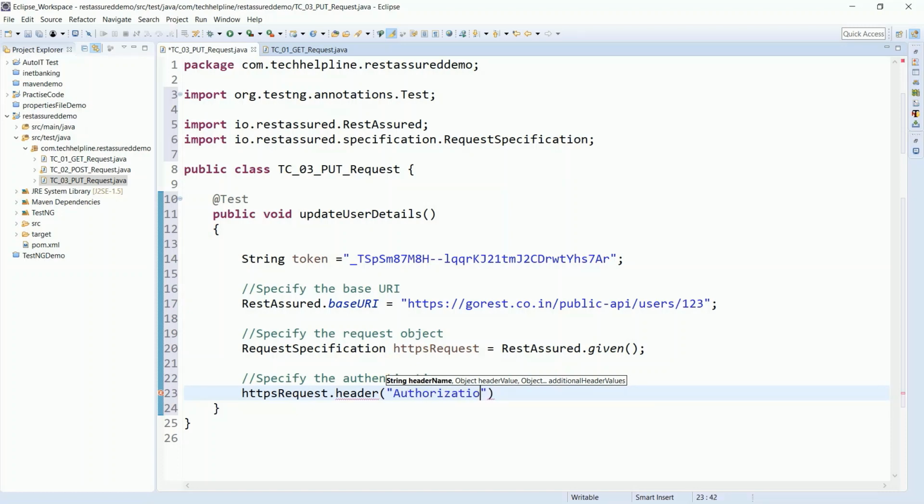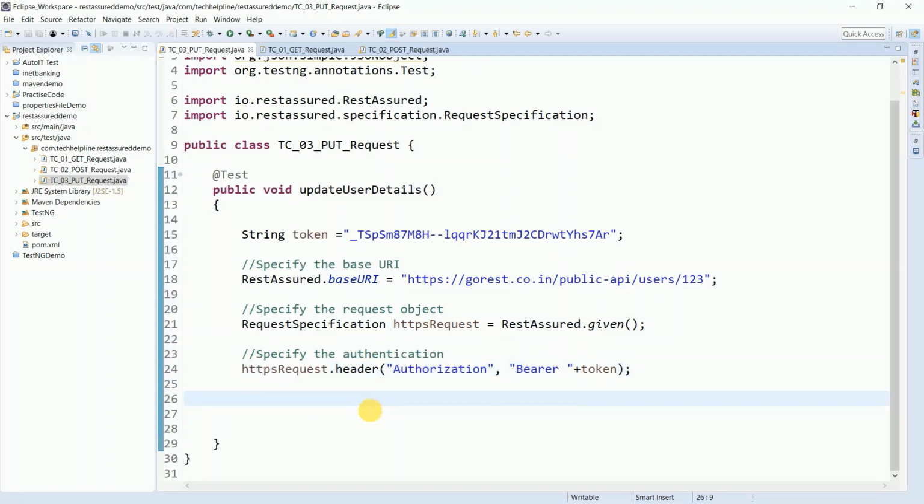Next we have to pass the type as Bearer, and then pass the one variable which we have created earlier.